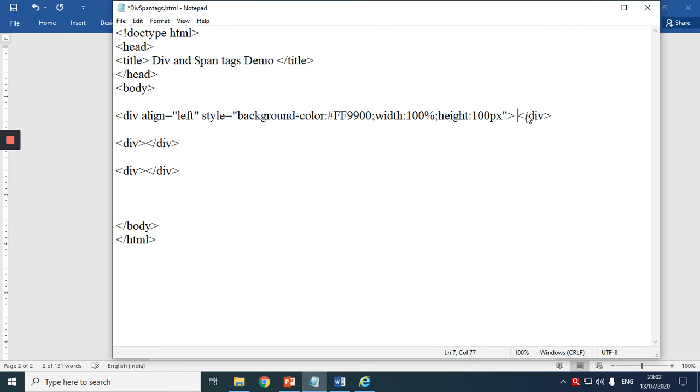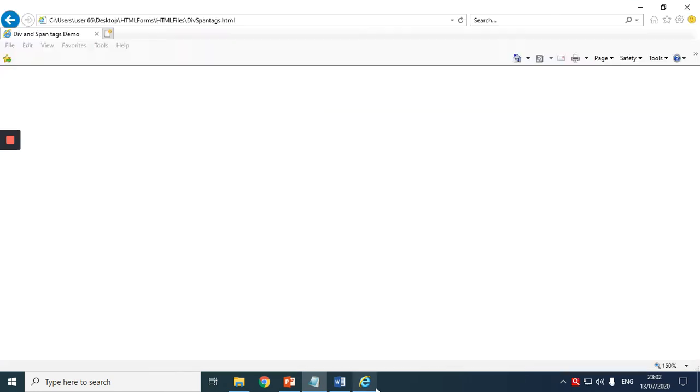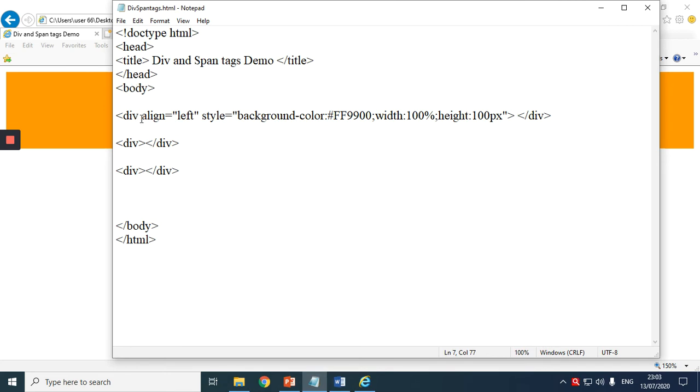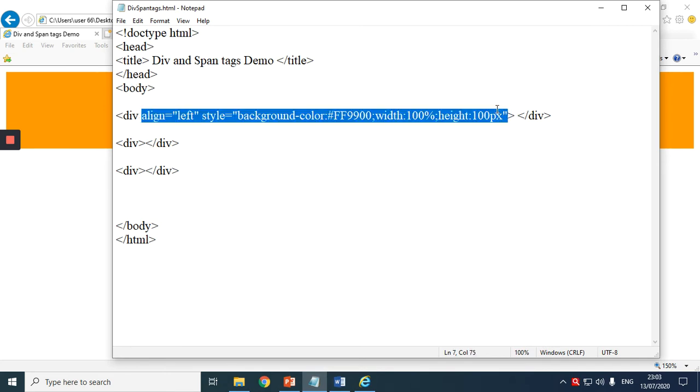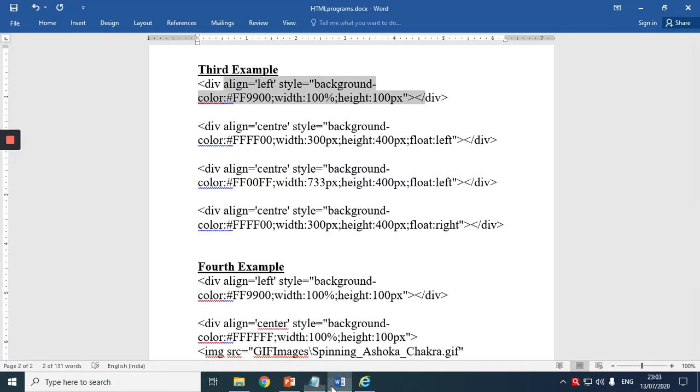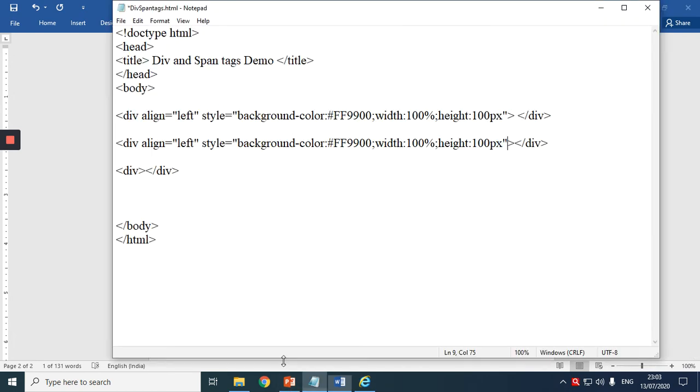And this is a div tag, so I've closed it. No text in it. Only one section I'll show you first, and I'll reload. Observing? Now, similarly, if the first one is working, I can copy it and paste it here. I'll change the color. All copy paste work. I don't want to type and waste time.